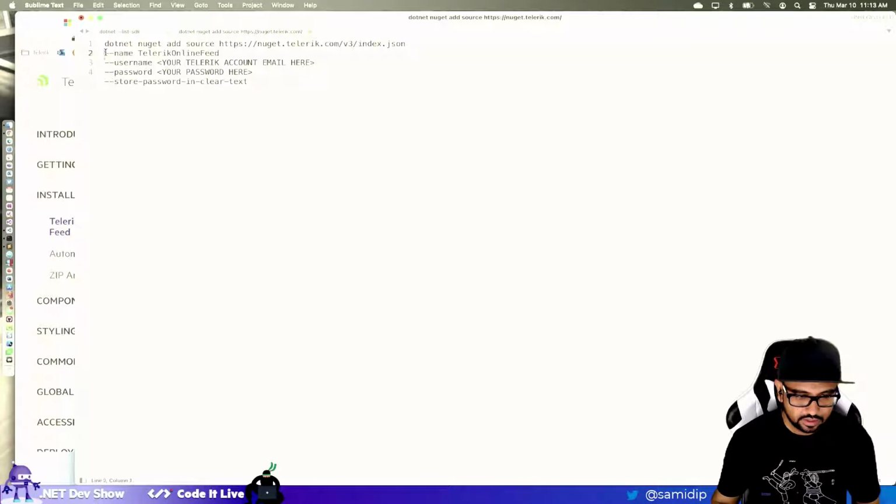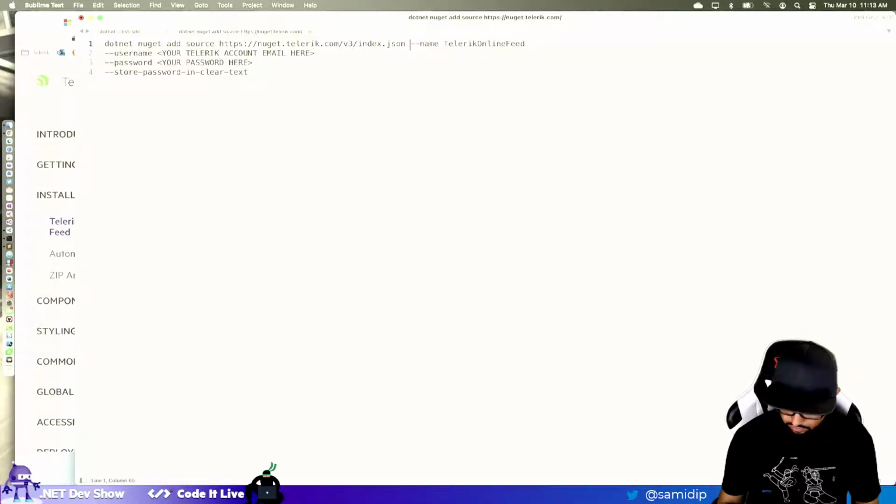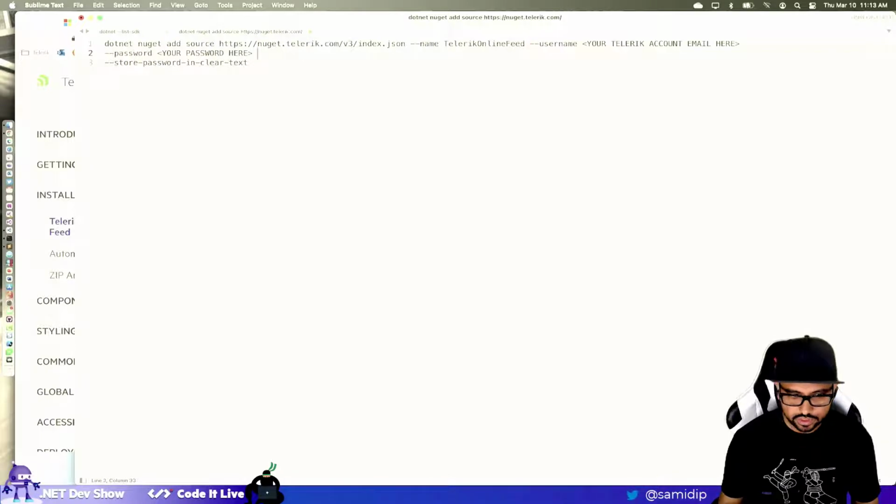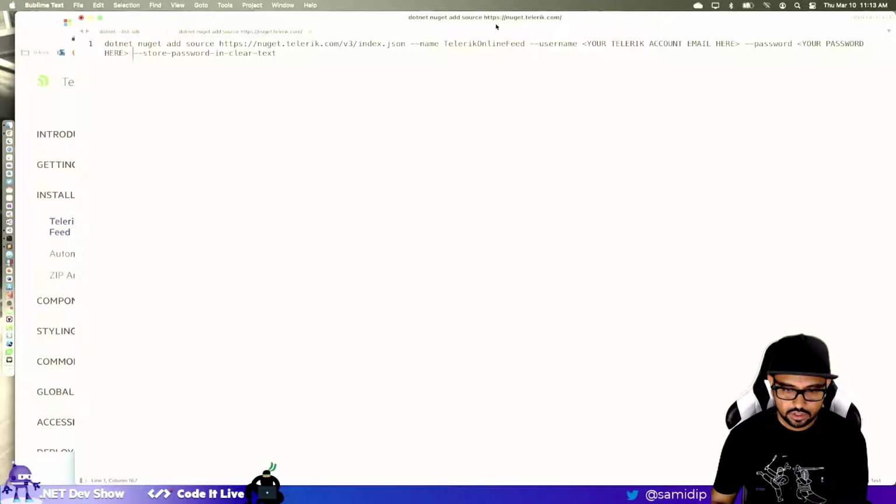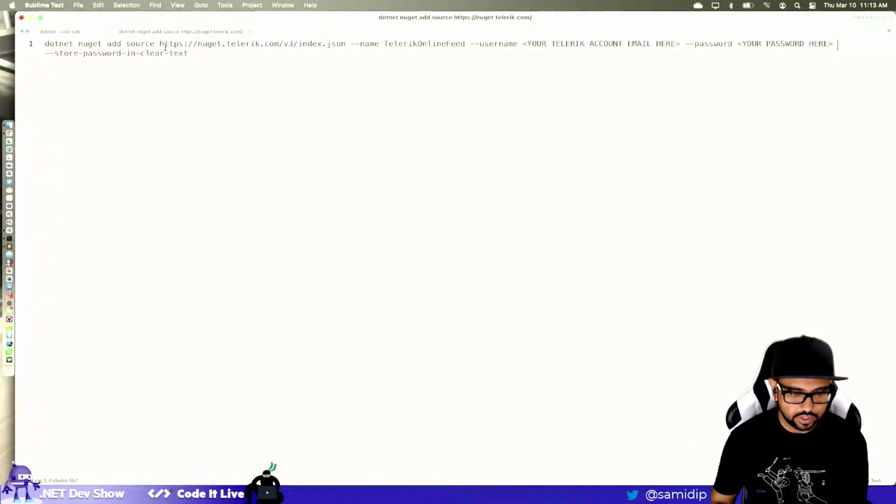All right. So we'll do that. We'll do this. We'll do that. And we'll do this. Okay, so .NET NuGet add source name Telerik online feed. Let's just call it Telerik feed, username and password, and then the dash dash store password in clear text. Okay,